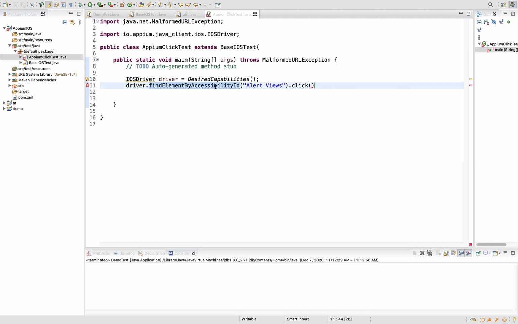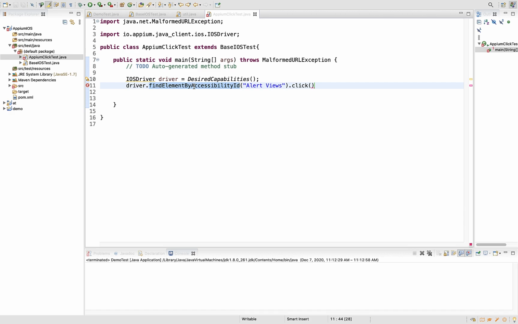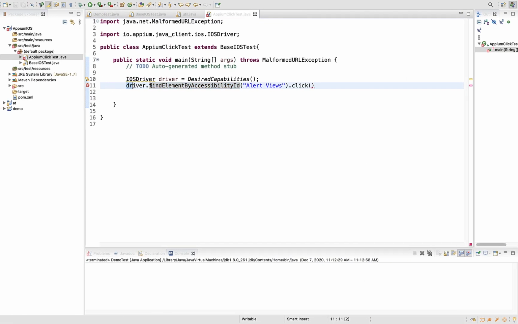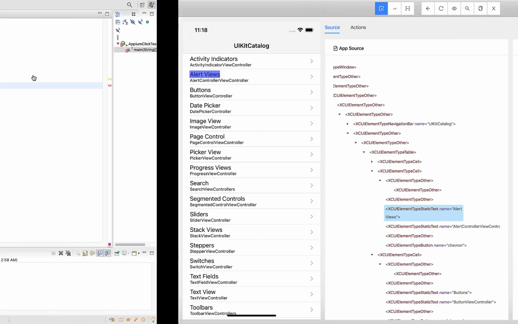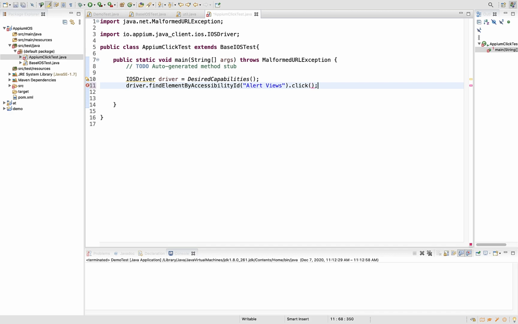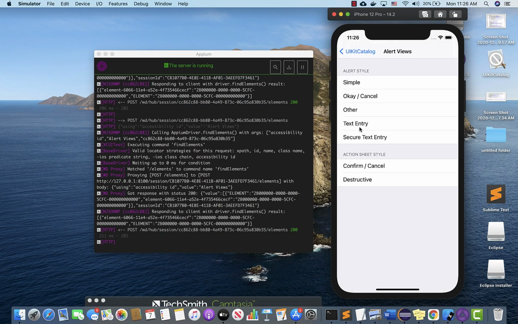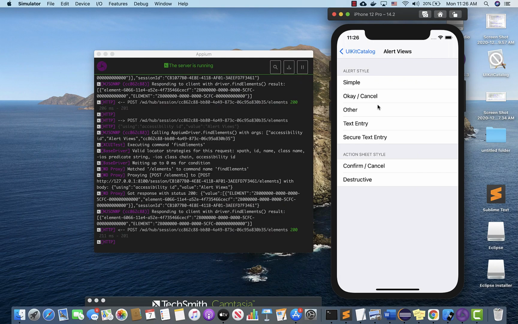Okay, so we are finding the element. So this is self-explanatory, right? So we are finding the element with an accessibility ID of alert views. So this step will actually take you to this point, and then you have to tell what action you have to perform on that particular object. So you want to click it so that if you click on this, it will take you to the next page. That is your goal. So you have written a step which clicks on this. Good. So now you reached this step, right?